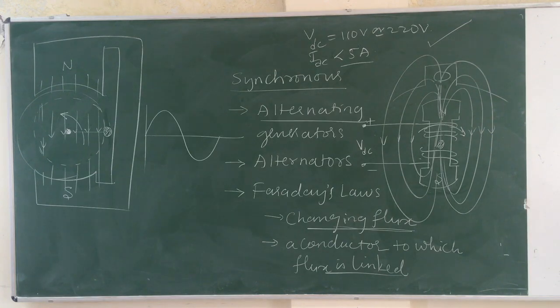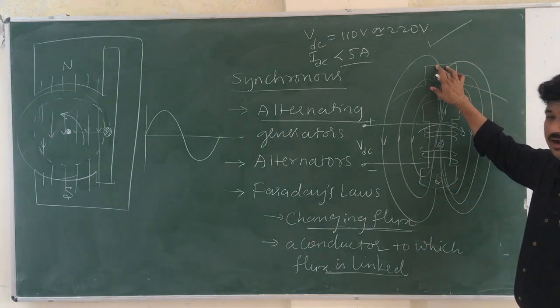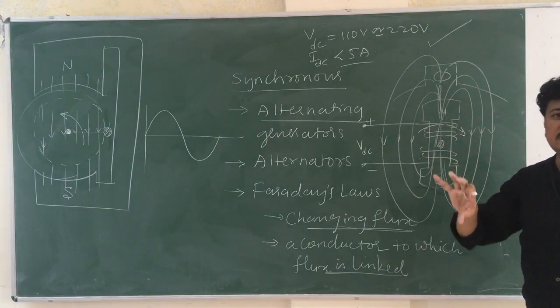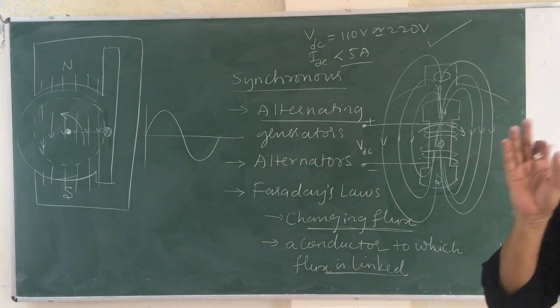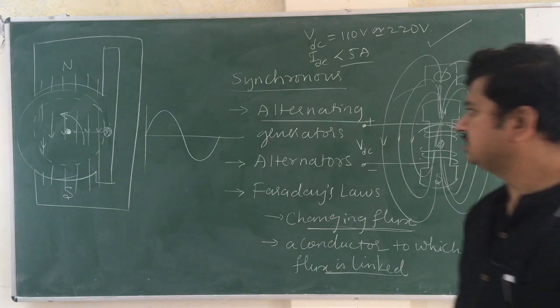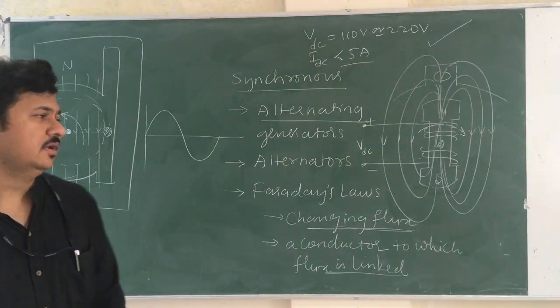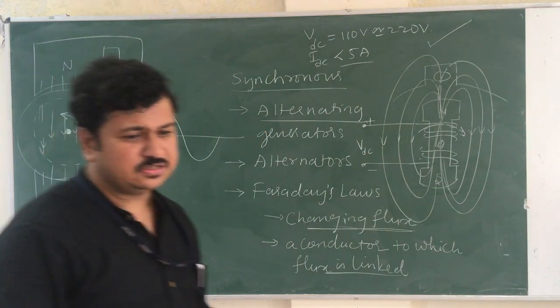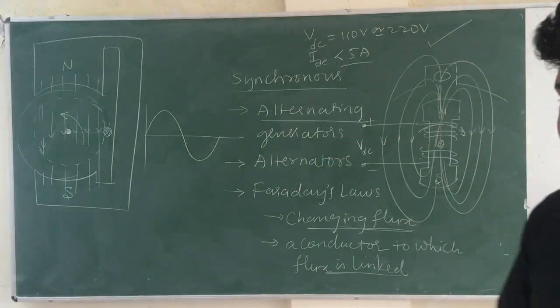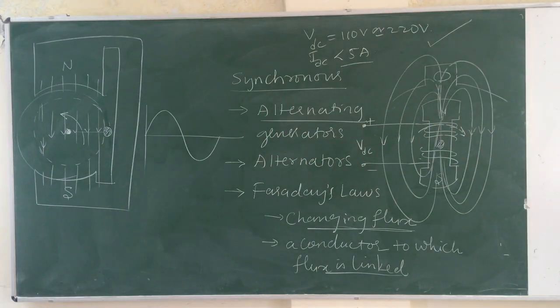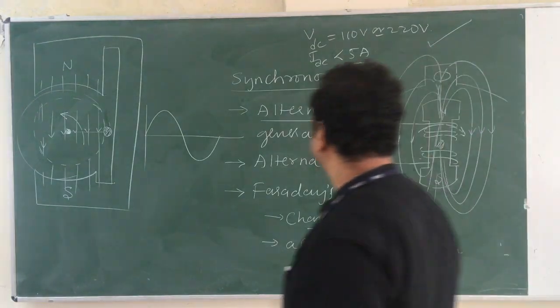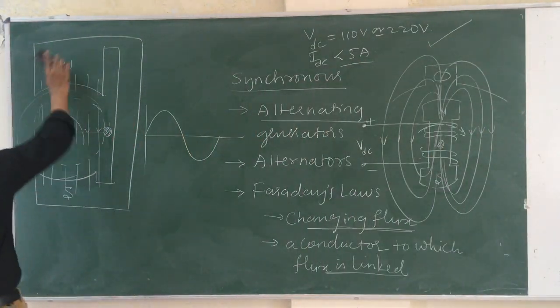So this alternator should come with an arrangement so that it can hold the conductor and make the necessary rotating part of the magnetic field. So next we will see the construction. And there are certain advantages of using a stationary armature. After construction I will tell what is armature and what is field.